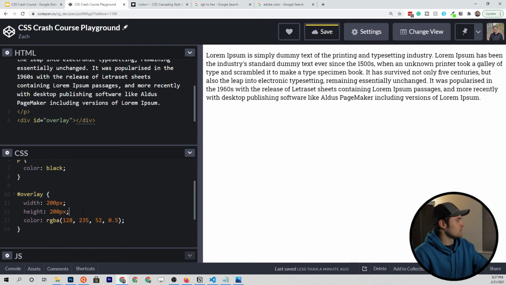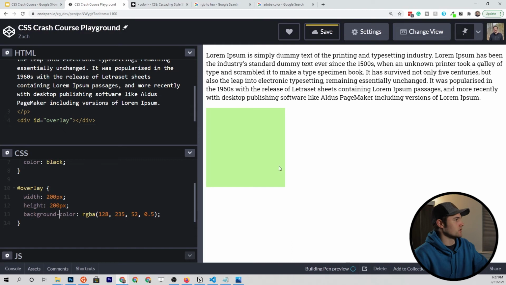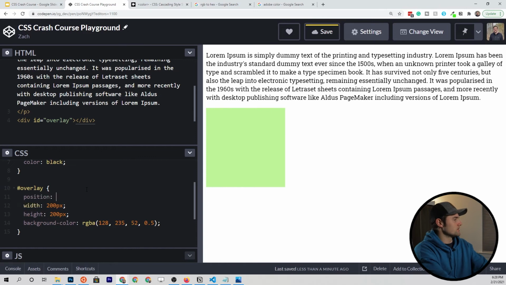And then this overlay is not showing up. And why is it not showing up? Hold on. Oh, that is because we've set the color. We need to set the background color to actually get something to show up. Now, this is not over the text yet, but all we have to do is say position absolute, and then